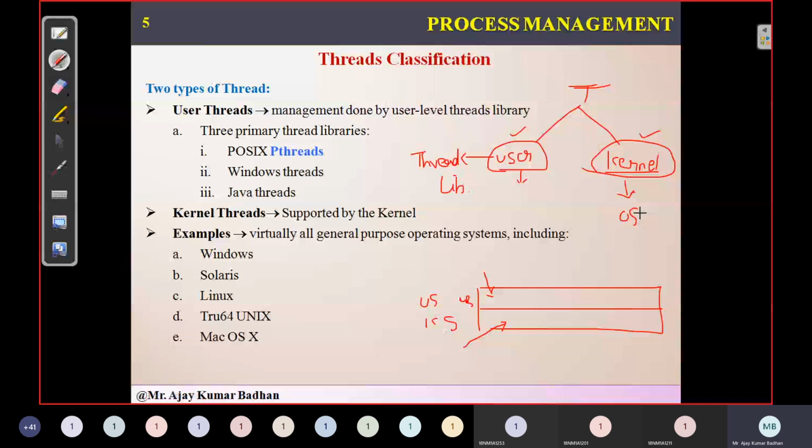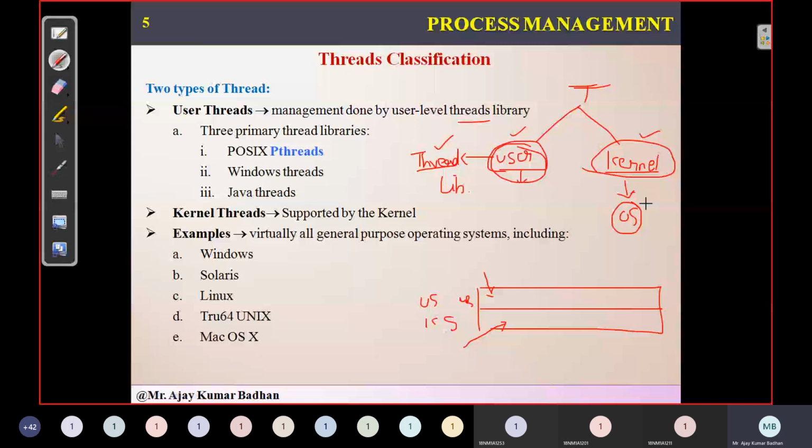How? You people write in a C program #include <stdio.h>, #include <conio.h>, right? What are those? Those are libraries, and those libraries consist of these functions. You might already have written Java programs and created multiple threads, single thread, multiple threads. How are you creating threads there? You are importing a package related to threads, isn't it? So all those things come under the thread library. Whereas coming to the kernel, we cannot control them. Only the operating system can control the threads which are present in the kernel.